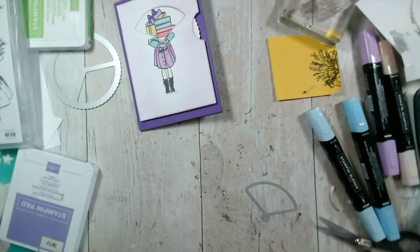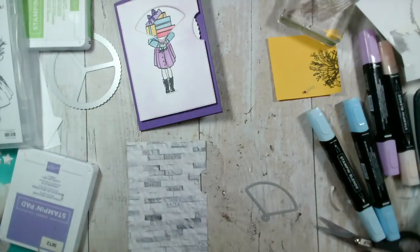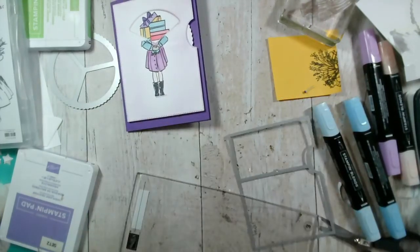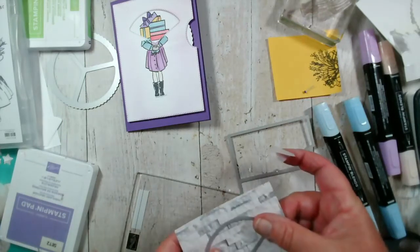Bear with me, trying to get it lined up. Roughly straight. Okay. So there's my backing. I do need to cut this piece out, and then I'll fussy cut my lady. So I'm just going to pop this wheel back on,